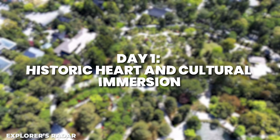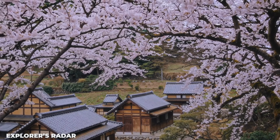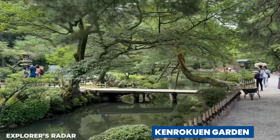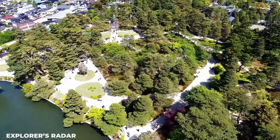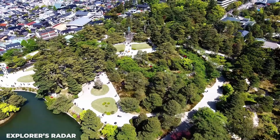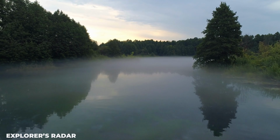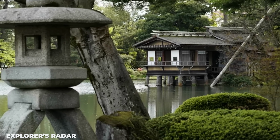Day 1. Historic heart and cultural immersion. Start your Kanazawa adventure early by heading straight to Kenrokuen Garden when it opens at 7 a.m. Here's something nobody tells you. Arriving at opening time means you'll have this world-renowned garden practically to yourself. Plus, you'll witness the morning mist rising from Kasumigaike Pond, creating those magical moments you simply can't capture later in